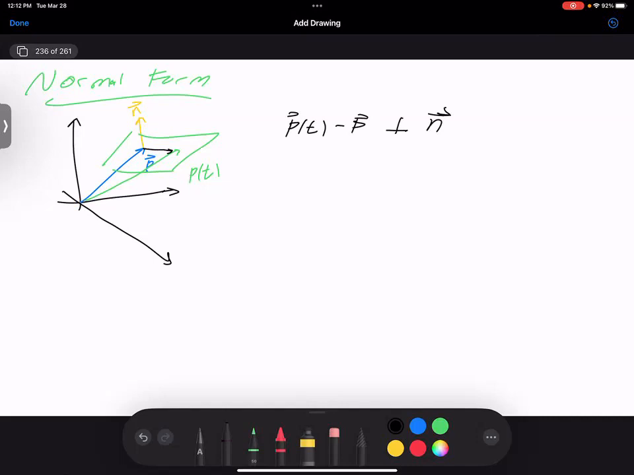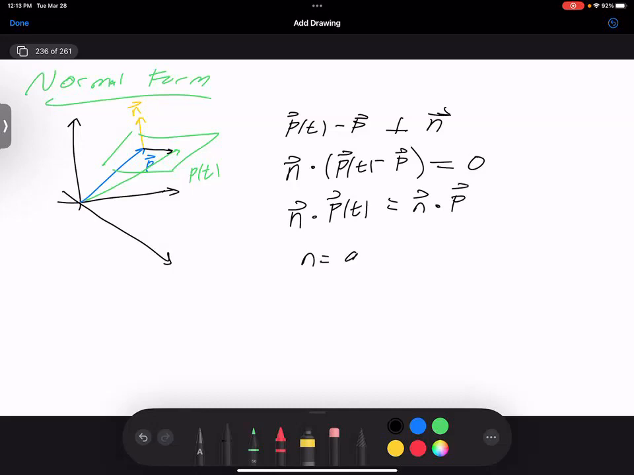When the dot product is zero. So we can look at n dotted with P of t minus P equals 0. Is that 0 the number or 0 the vector? The number. 0 the number. And so then that would be the same as n dotted with P of t is equal to n dotted with P. So if n equals, say, A, B, C, and P of t is x of t,